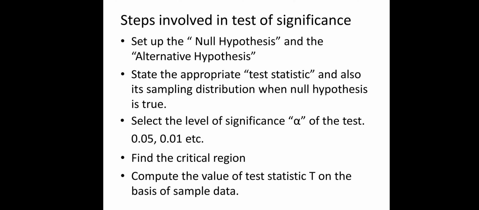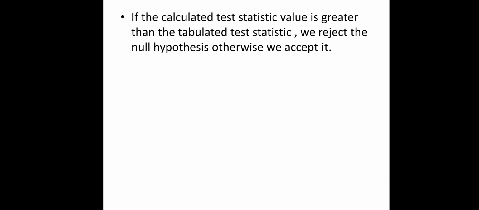And then, depending upon the alternative hypothesis, our critical region, that is the rejection region, either lies on the right-hand side, or on the left-hand side, or on both sides. And lastly we have to calculate the test statistic value on the basis of sample data. Okay, and the conclusion is like this: if the calculated test statistic value is greater than the tabulated test statistic value, we have to reject the null hypothesis, and otherwise we have